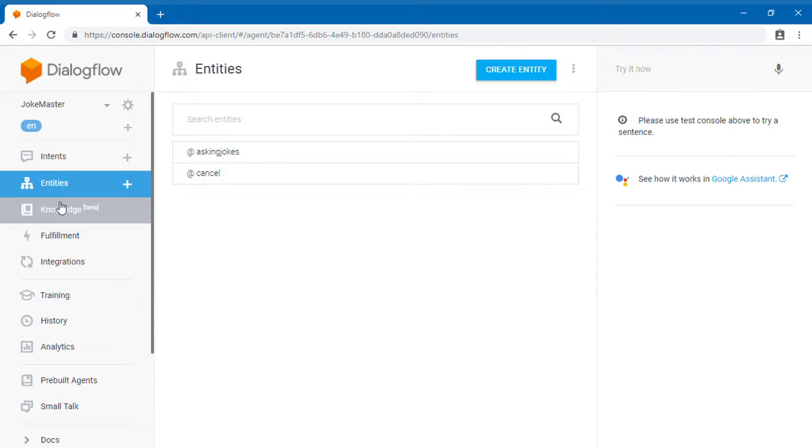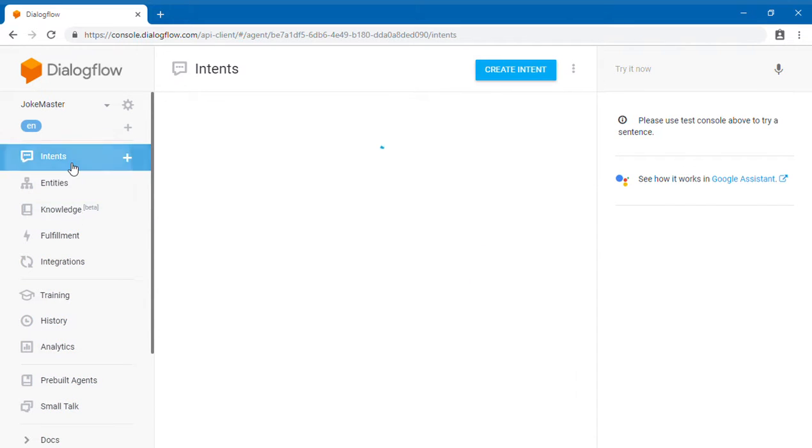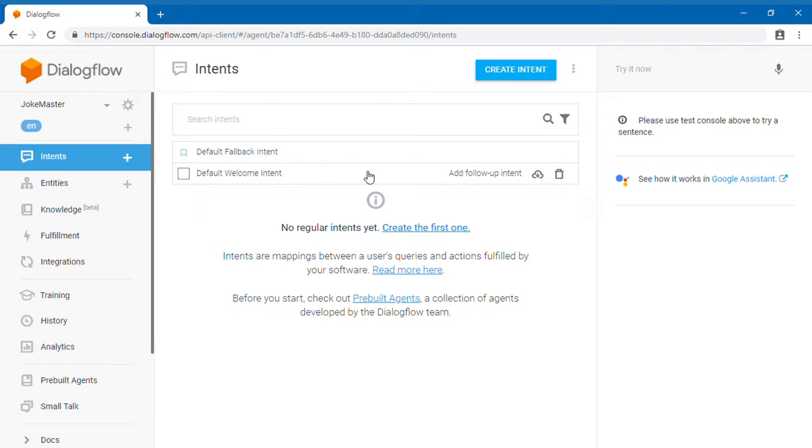Okay, so let's move on to intents now. There are already two intents, the default fallback intent and the default welcome intent. Default welcome intent deals with what the agent should reply when a user just starts off with that agent, like, hi, welcome back, and things like that. And the default fallback intent is used to reply for something which the Dialogflow